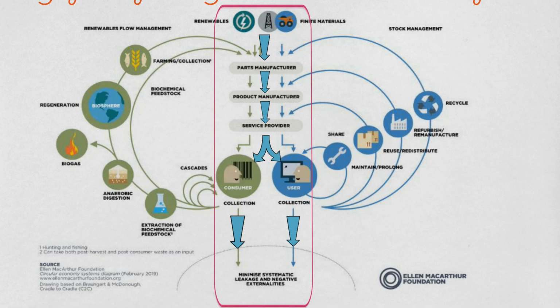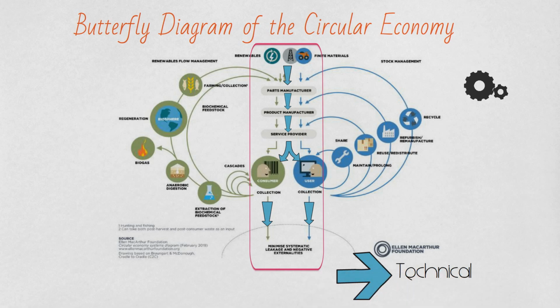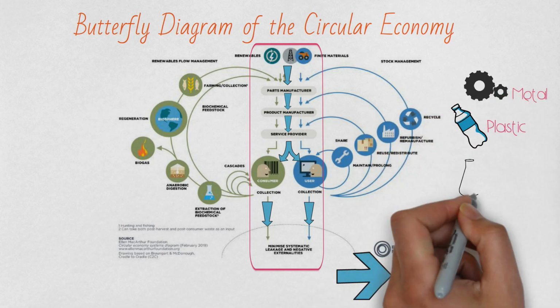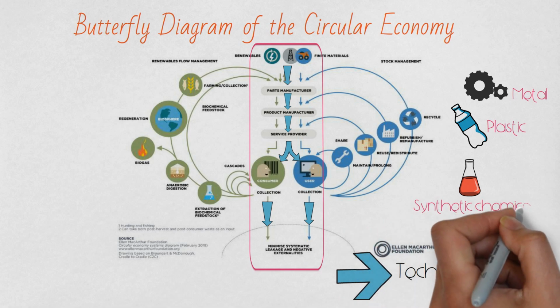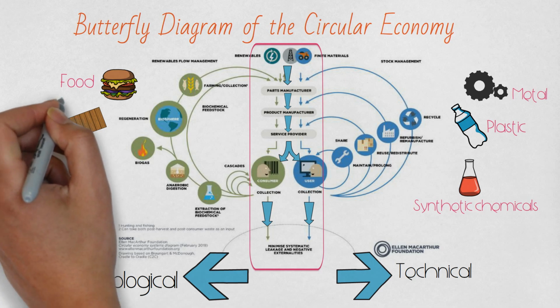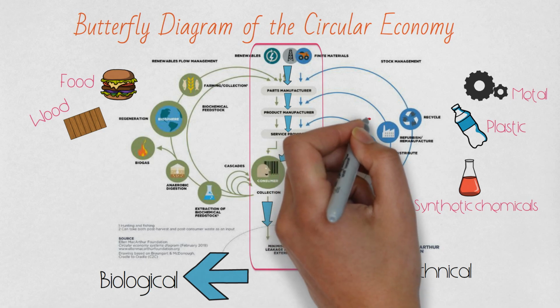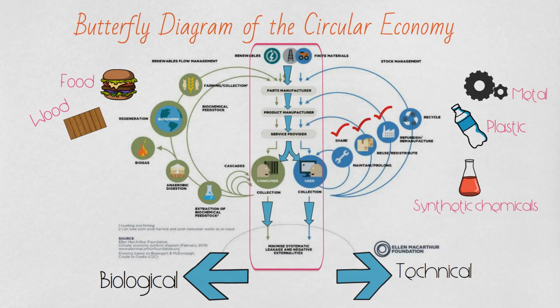If we add circularity in this diagram, it's divided into 2 parts with respect to raw materials. Technical, such as metal, plastics, synthetic materials, etc. And on the other side, biological, like food or wood, etc. The products with technical materials are anything that doesn't biodegrade. They can be designed in a way that they can be shared, maintained for as long as possible, redistributed, remanufactured,